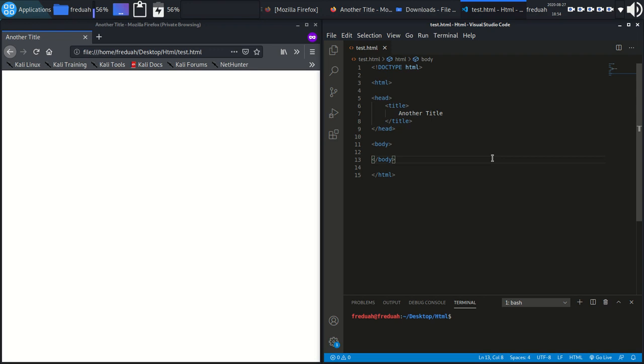Okay guys, the next tag we are going to talk about is the footer tag. To open the footer tag, less than footer, and then a greater than sign, and then to close up the footer tag, less than backslash, and then the name of the tag, that is the footer